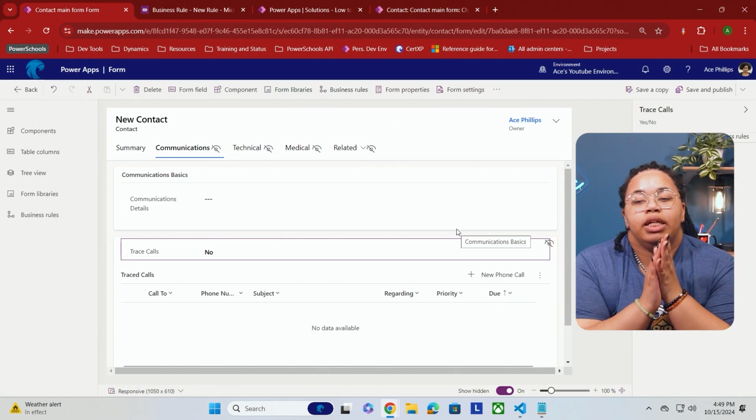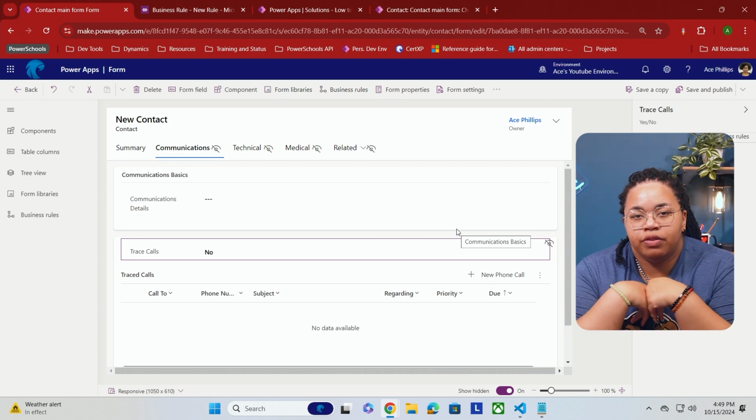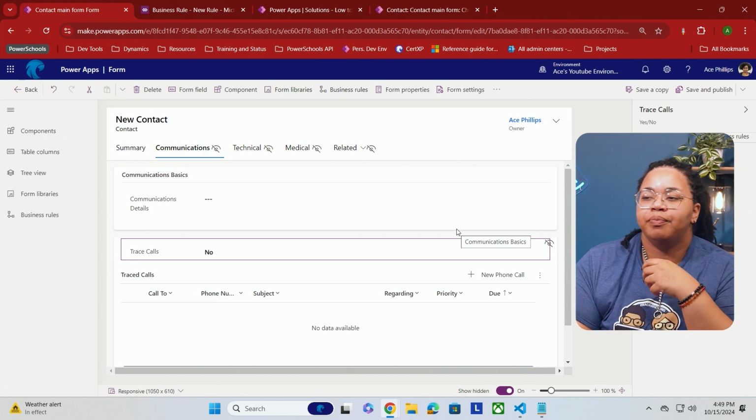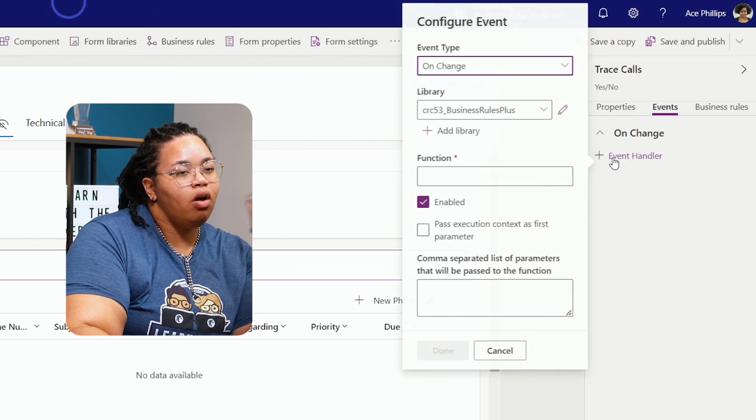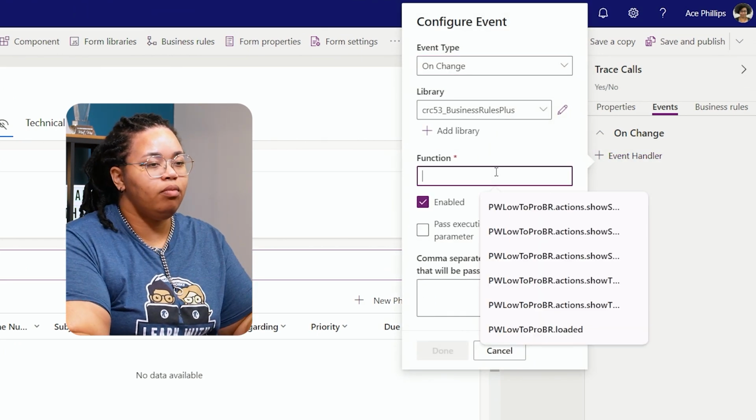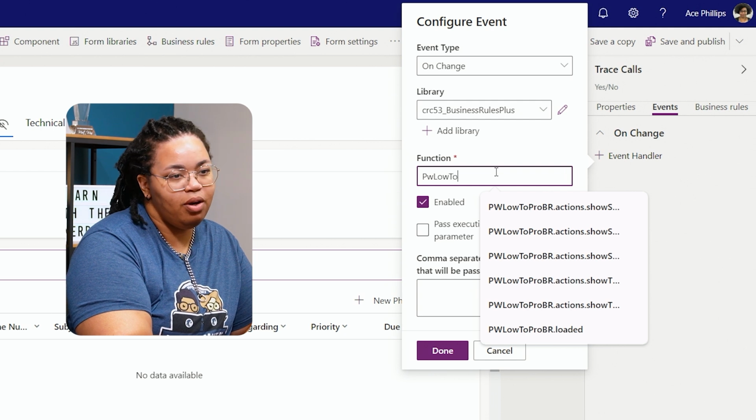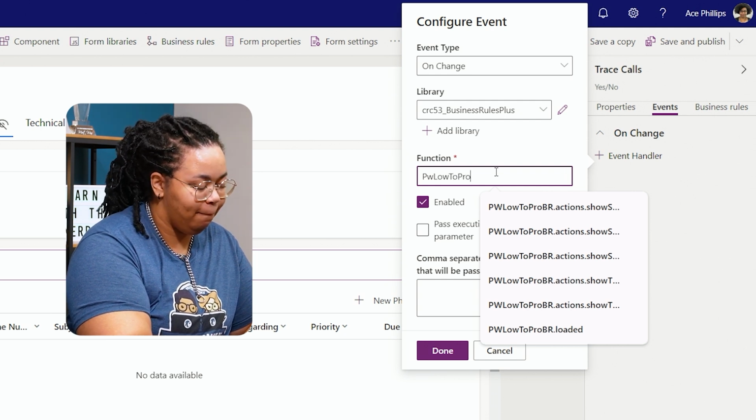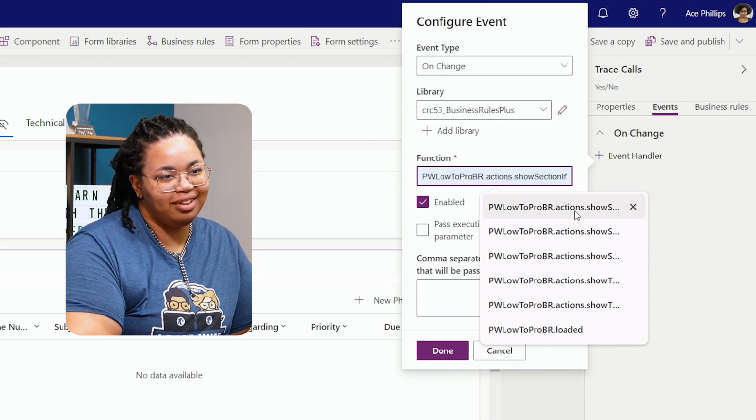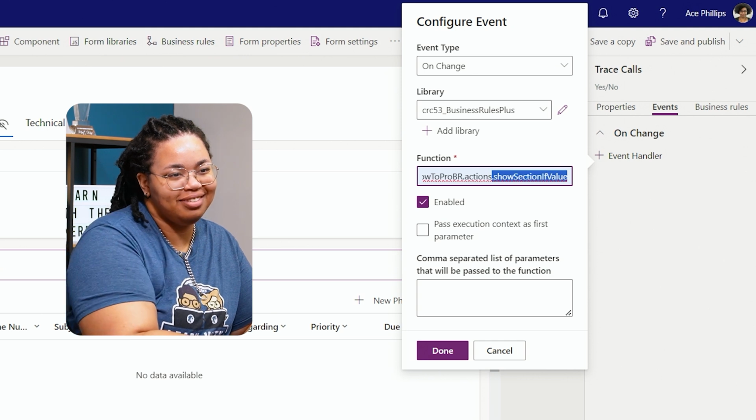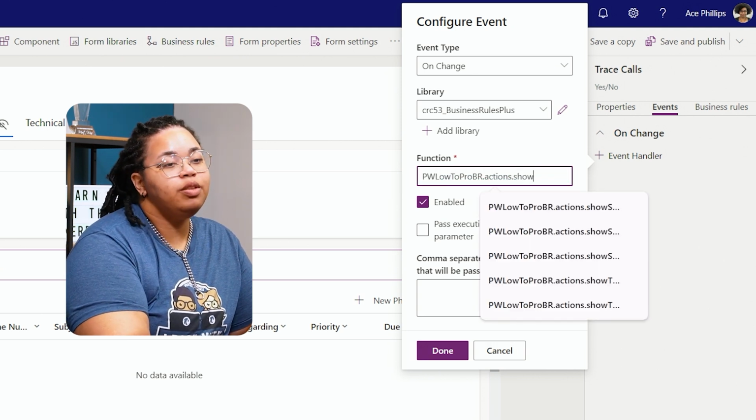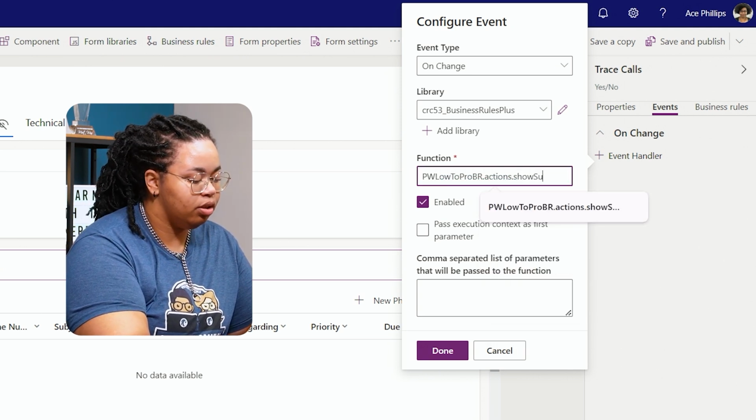What we need to do is on our trace calls field, or whatever field you have set up, we're gonna add one final on change event handler. Now, this is gonna be the same library. I typed that wrong. I'm just gonna click on one of these and chop off the end. All right, this one is going to be show subgrid